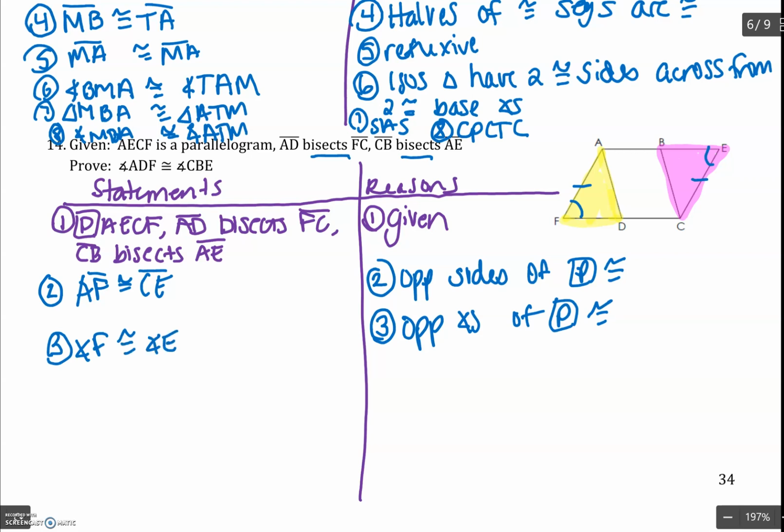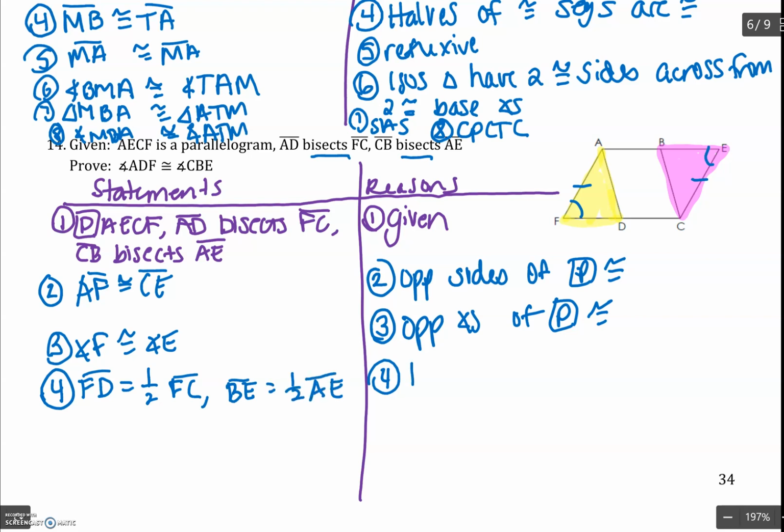Now in my givens I have bisectors. Normally, we would talk about the different halves, but just like before, we don't want this to be congruent to that and this to be congruent to that, because that won't give you the same number of tick marks for the triangles. They wouldn't be the right corresponding pieces. They don't go together that way. So instead, we're going to talk about how they're halves of congruent things. So we know that FD has to be half of FC, and BE, the pink one, has to be half of AE,